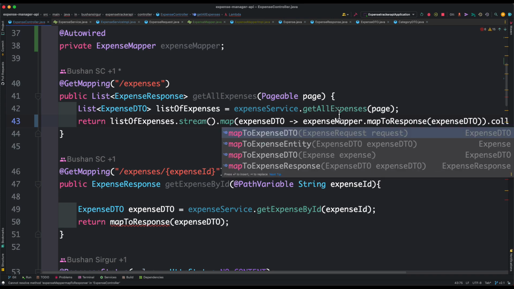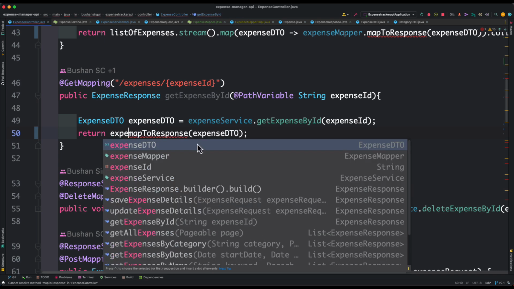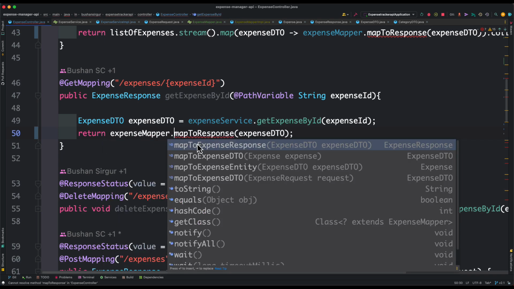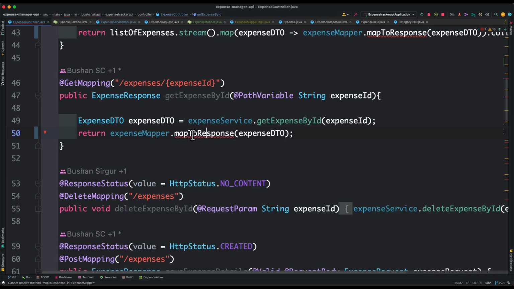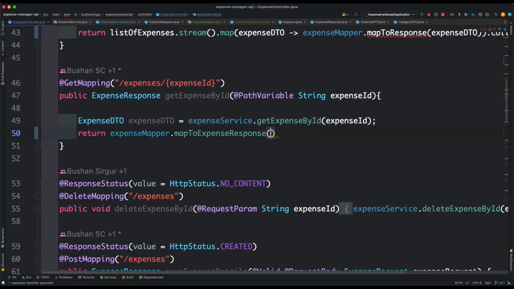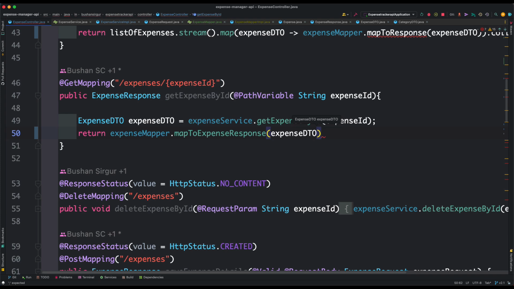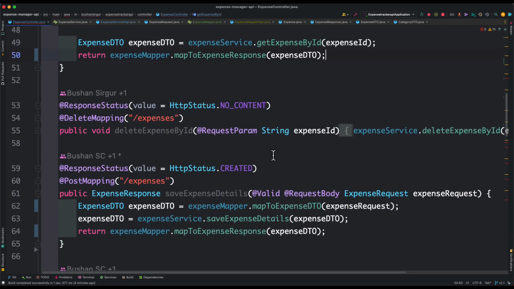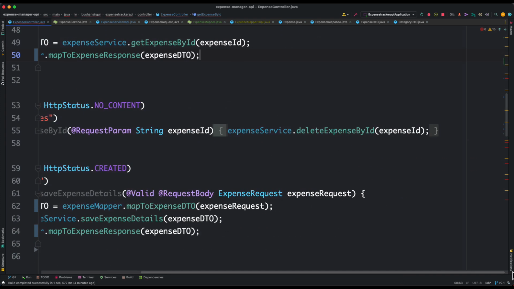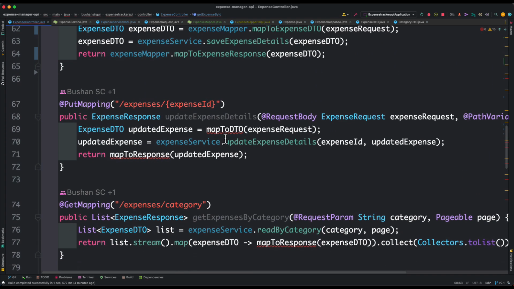and we have this method map to response. Similarly, expense mapper, and we have this map to response. Okay, instead of this we have the map to expense response. To this we can pass the expense DTO. Scroll down, and we don't have anything else inside this delete mapping, also post mapping, and inside this put mapping